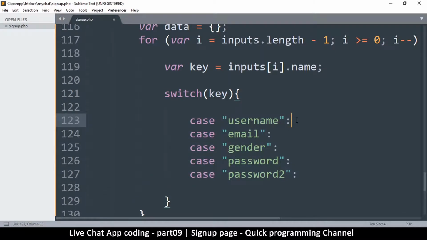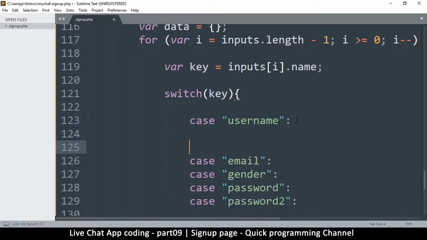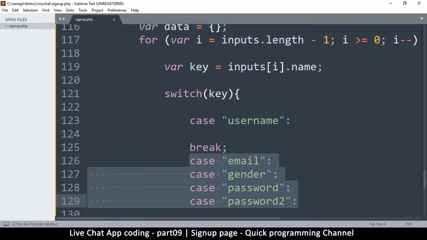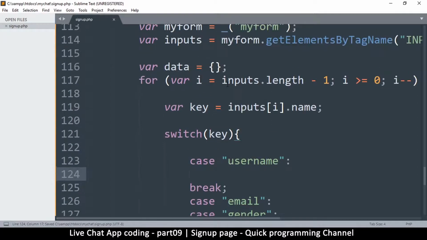So to prevent that, we have to put a keyword called break, like so, so that if this case actually happens, we don't need to check if it's any of these. So we're going to just do break right there. Okay, so I'll come back here, but if the case is username, what we want to do is add that